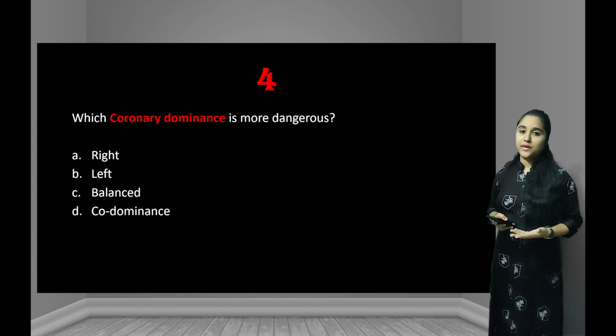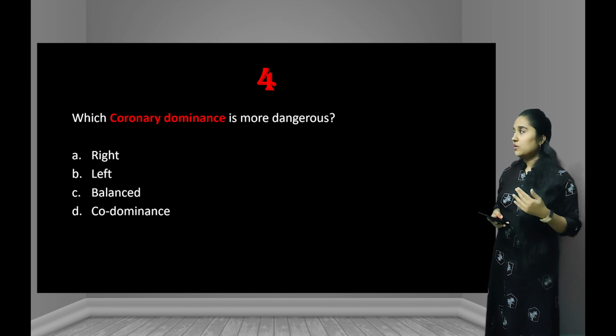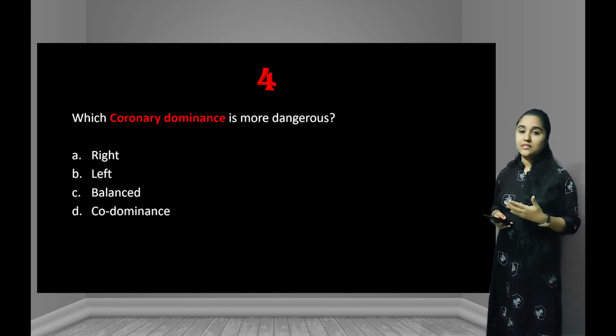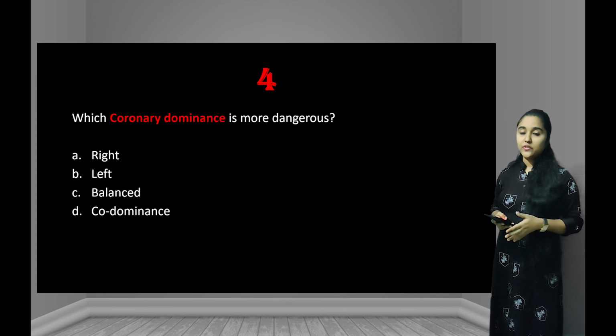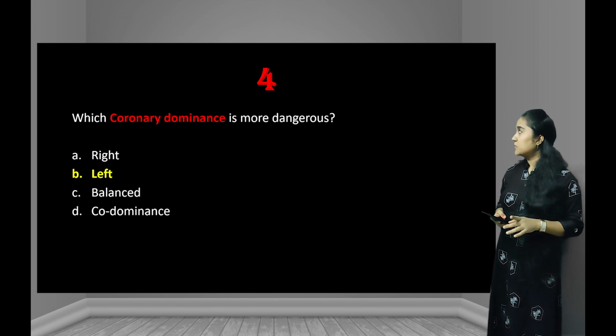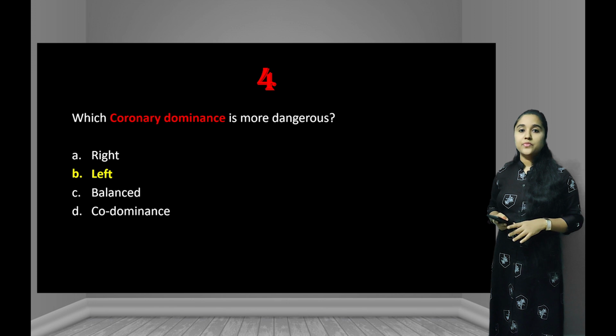So when the demand increases, there is more chance of infarcts and more chance of myocardial infarction. So if the posterior interventricular artery is a branch of left coronary artery, it is more dangerous. That's why we can say option B is the right answer,